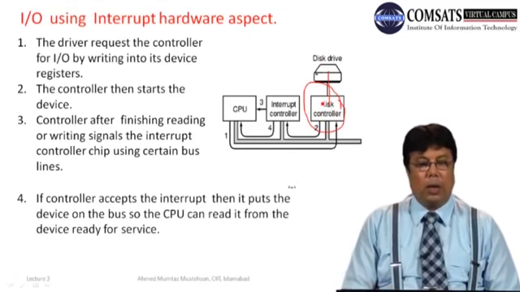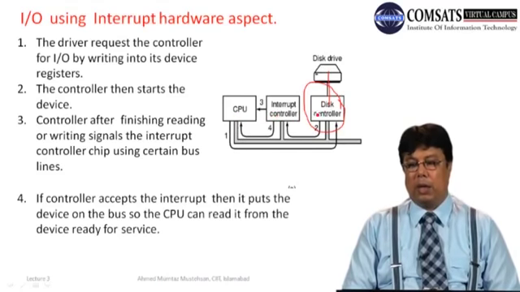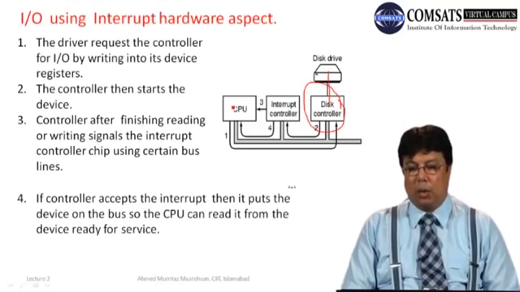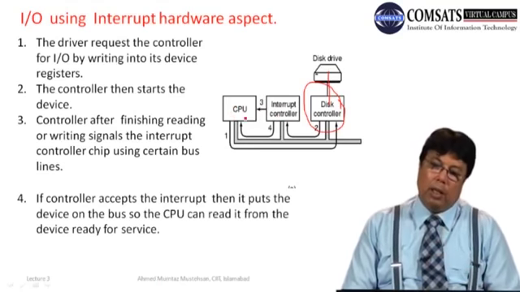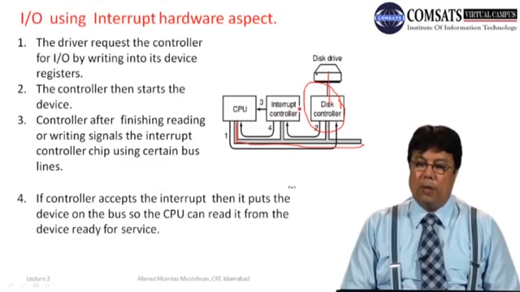Then the controller then starts the device, and also after controller finishing reading or writing signals the interrupt controller chip using certain bus lines। अब अगर आप इसके अंदर देखें इस पर्टिकुलर स्लाइड्स के अंदर, तो ये सीपीयू जो है इंटरप्ट कंट्रोलर भी है इसमें और एक डिस्क कंट्रोलर भी है। इंस्टेड ऑफ वन कंट्रोलर इट हैज गॉट बेसिकली द दिस इज द बस, which is the bus communicating the controller, and you have got two controllers, एक interrupt controller है और एक disk controller है।